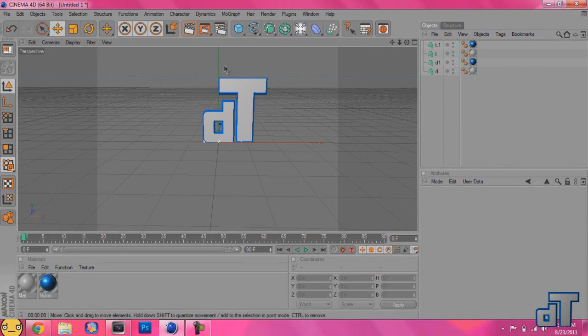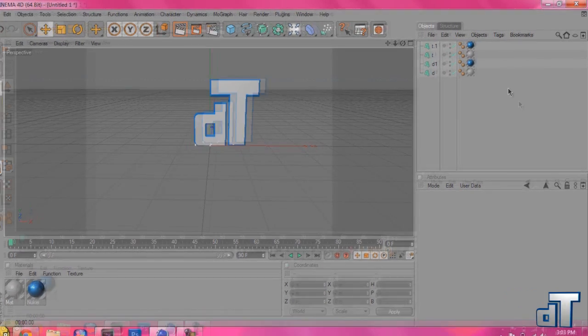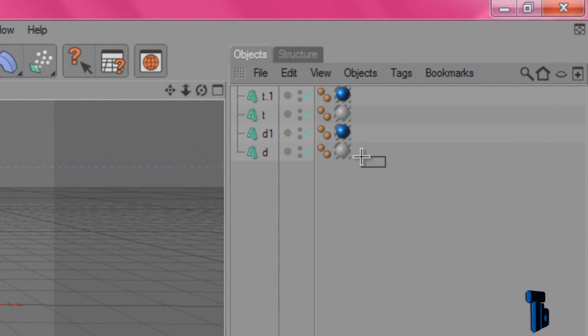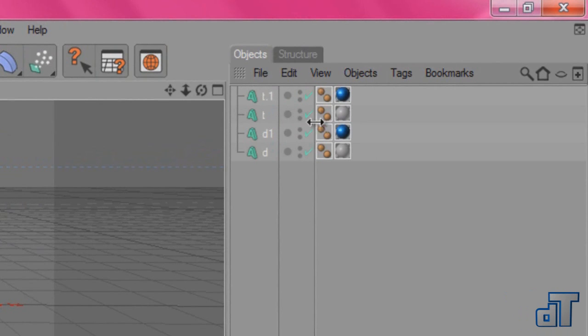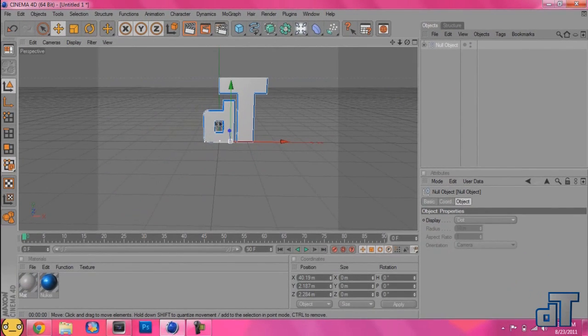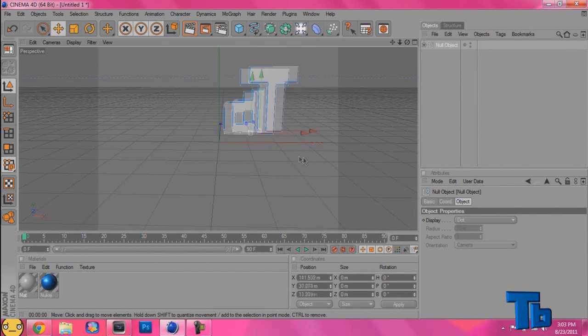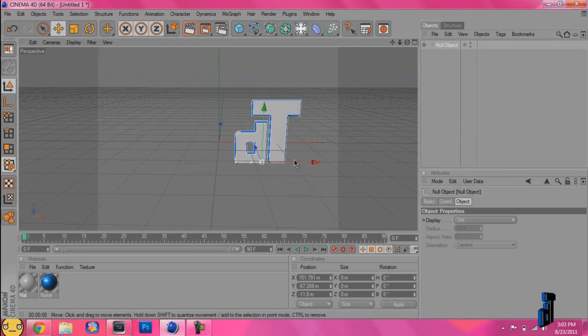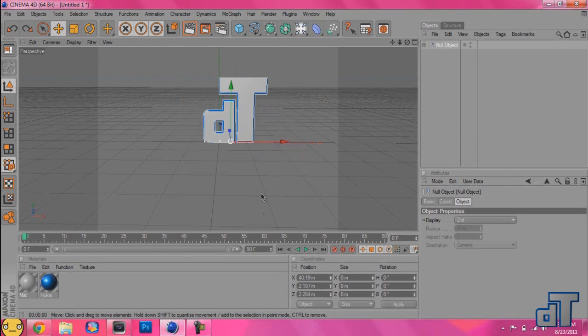Alright, so now that you're done making your actual watermark, you're gonna wanna highlight. Come over here to the layers and highlight them just by clicking and dragging. And see, now all of them are highlighted, and go to Objects, Group Objects. And now you've made them all into one thing called a null object. See, you can move them all around as one. So you're gonna come down here,